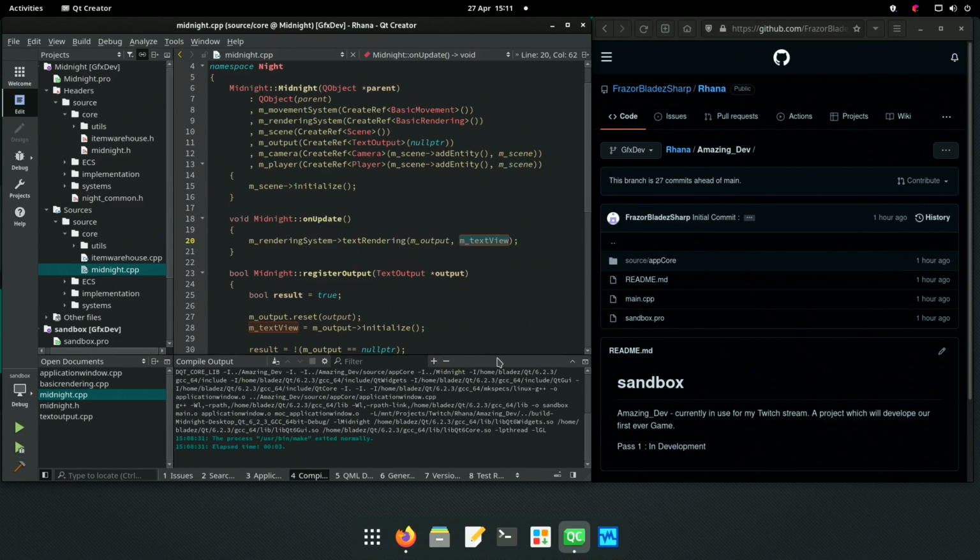Instead of using the Midnight Engine or Midnight Framework, whatever you want to call it, to run the final application, what we are going to do is use the Midnight Engine as a guide on how to make the application. Because the Midnight Engine works.